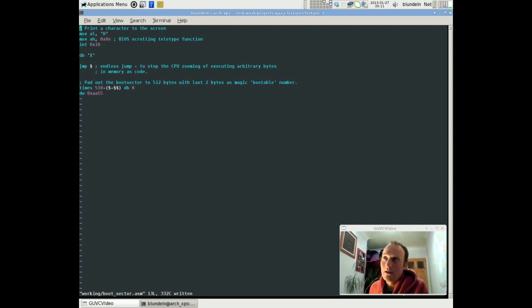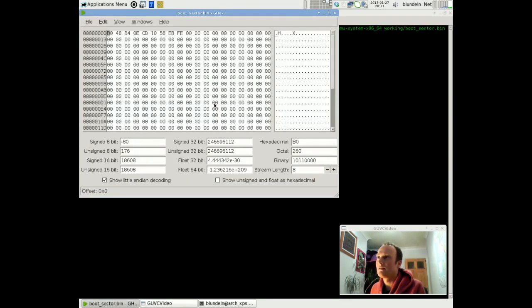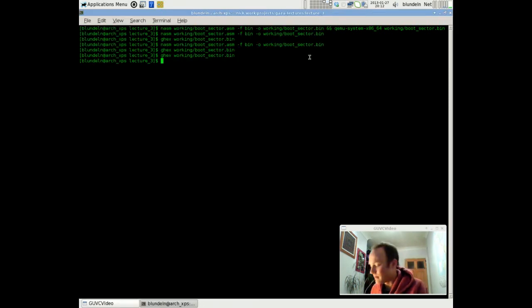Somewhere in my code, at an offset from the start of my code, if I look in my hex editor, if I look along here, the X is at offset 6, so it's 0, 1, 2, 3, 4, 5, 6, the 6th, so that means it's the 7th byte if 0 is the first. It's the 7th byte inside my boot sector, but that doesn't tell me where it is in memory, it only tells me relative to the start of my boot sector loaded into memory, how far into my boot sector that byte is. And if I want to tell BIOS to print it, I need to tell BIOS the address of where it is. So first of all,